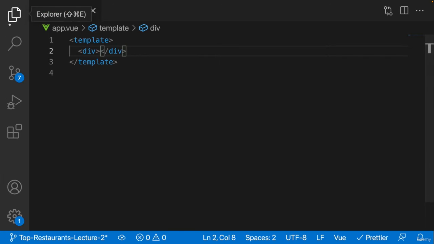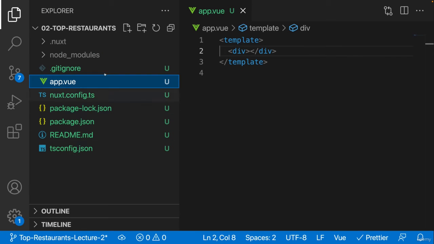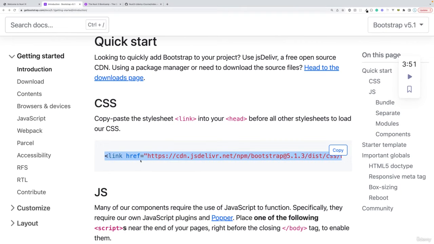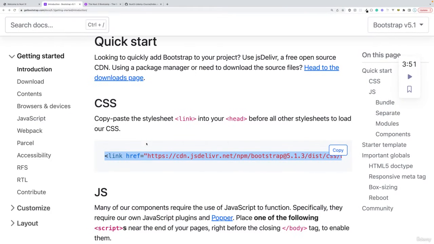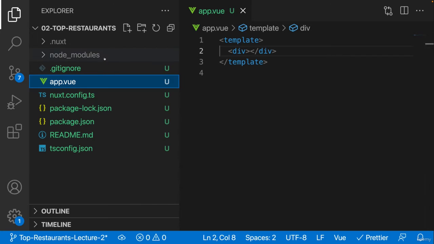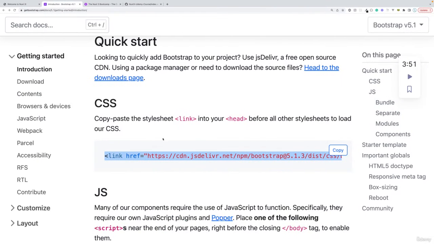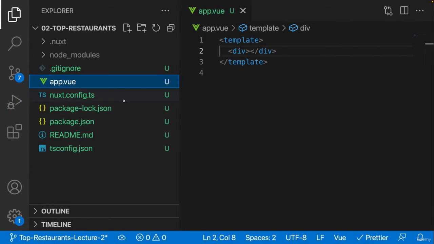However, the only issue we're facing right now is that inside of our Nuxt application, there actually isn't any HTML file. So how in the world are we going to get this link tag connected to our Nuxt application? That's what we're going to be doing inside of this video. We're going to figure out how we can get this link tag connected to basically every single component and page in our app. Because we want this as a global style, so any single component as well as any single page has access to these Bootstrap classes, what we can very simply do is